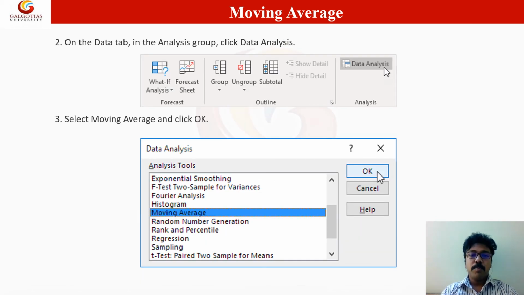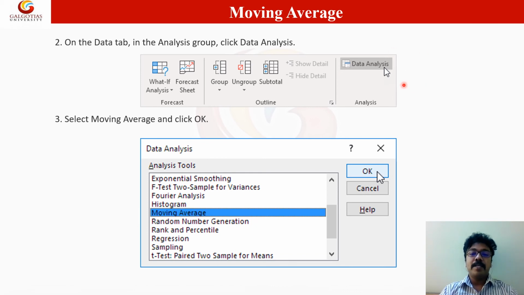In order to go with moving average, we have to use the moving average tool from the data analysis toolkit. For that purpose, you have to select the Data tab in the Excel sheet, and at the top right you can see the Data Analysis tab.